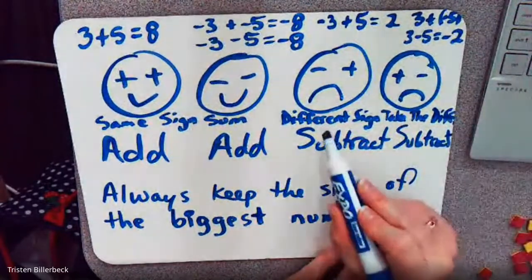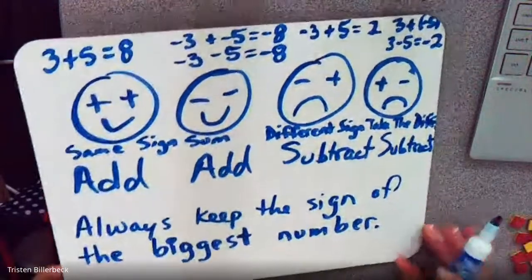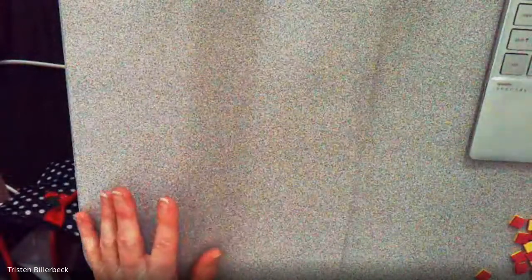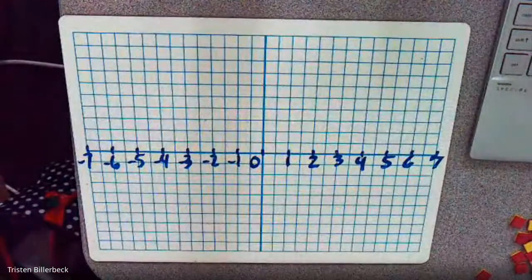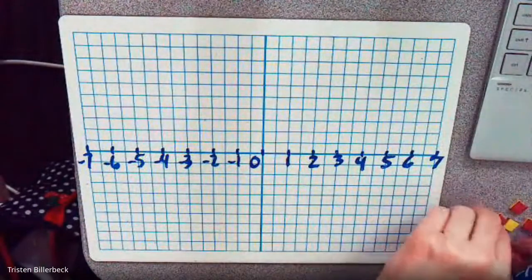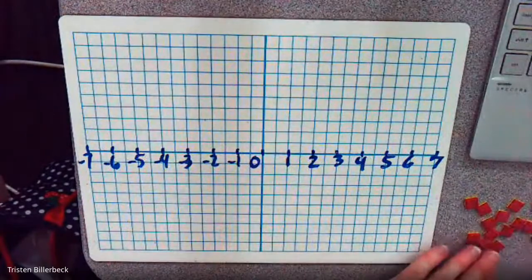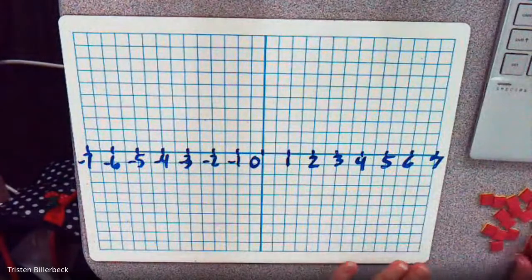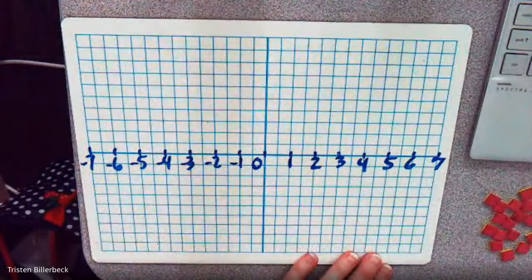So different sign, take the difference. And always keep the sign of the bigger number when we aren't looking at any negatives. Whatever sign is in front of the absolute value of the numbers, that might be a better way to say it, that's the sign of the